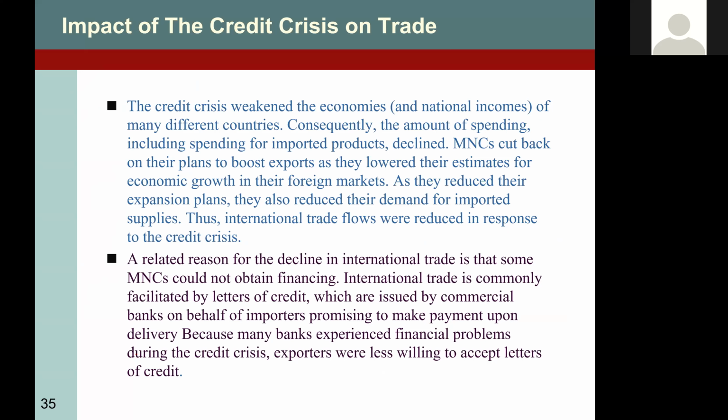So now, the impact of credit crisis on trade balance. So let's talk about this. This is a very famous topic. Most of the students want to understand what happened in the crisis. So in credit crisis,